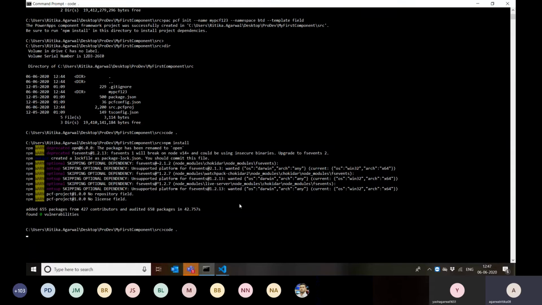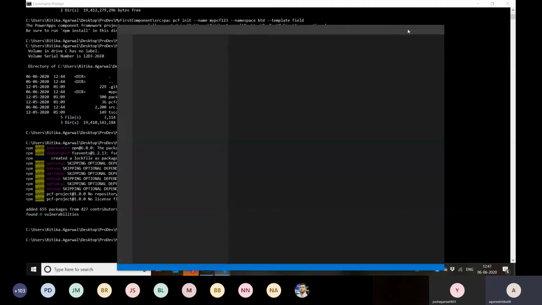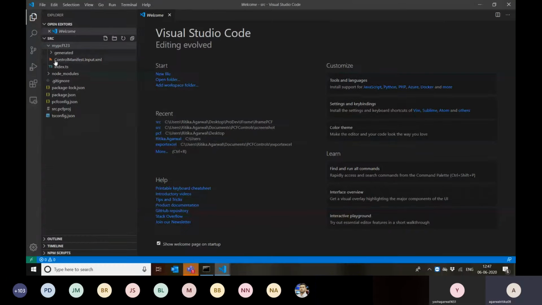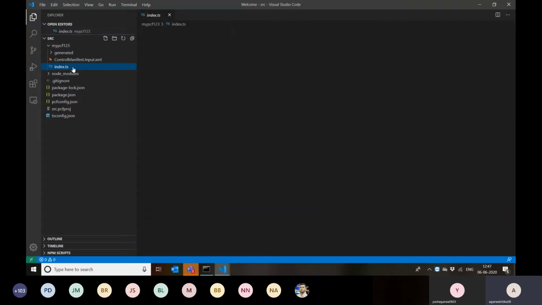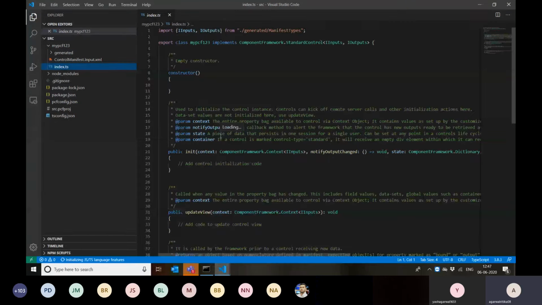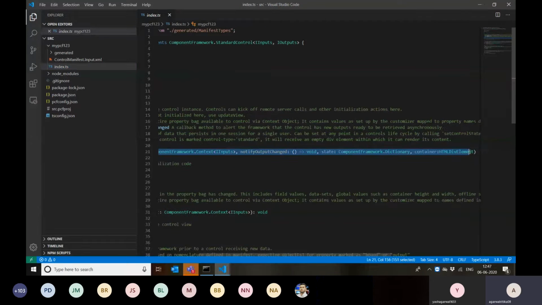Let's open this in the editor now so that we can see what all exists as part of this. Talking about the structure here, we have this component, and then we have the generated file, which will store all the logs and everything. The main file that we are going to modify is the index.ts file, where we are going to write all the code, be it what I want to render when the control is set the first time. This init function runs when my component is loaded.